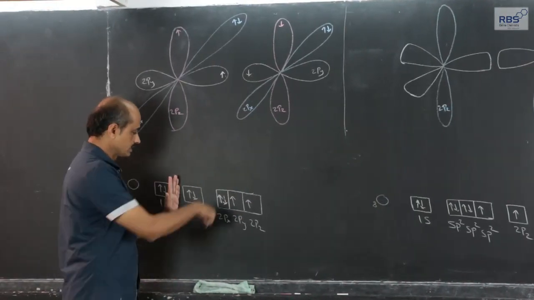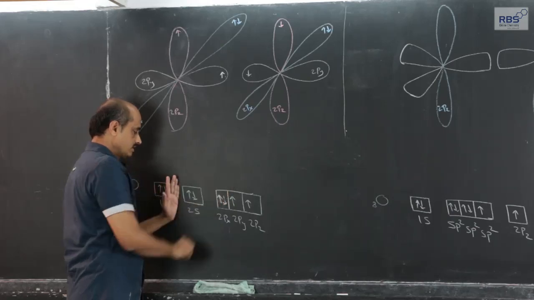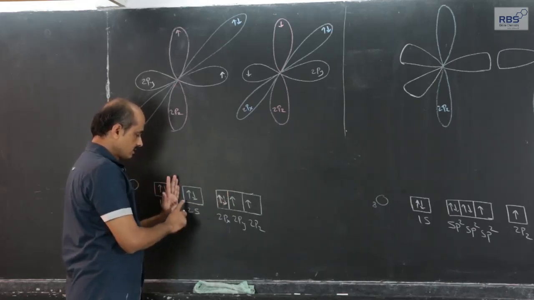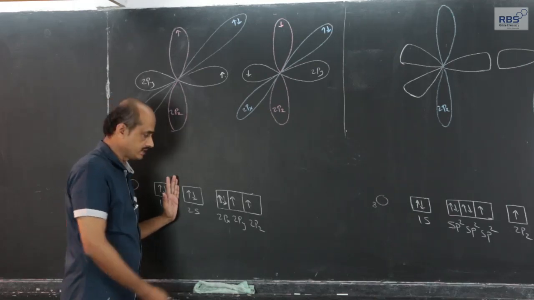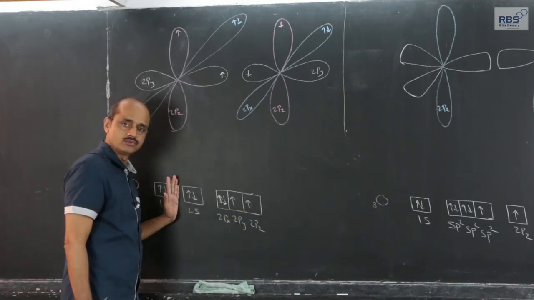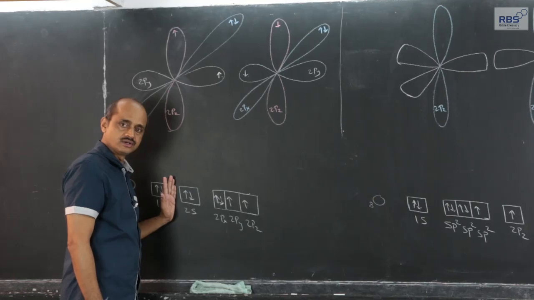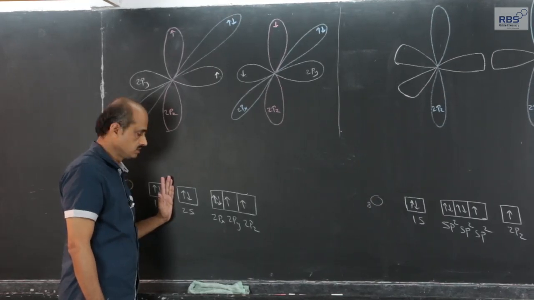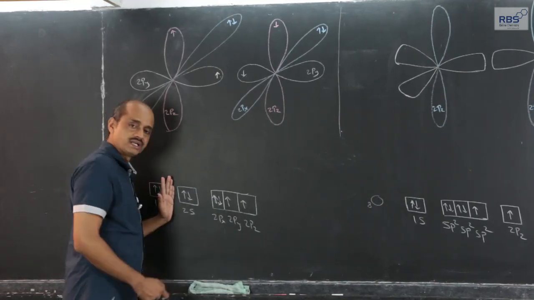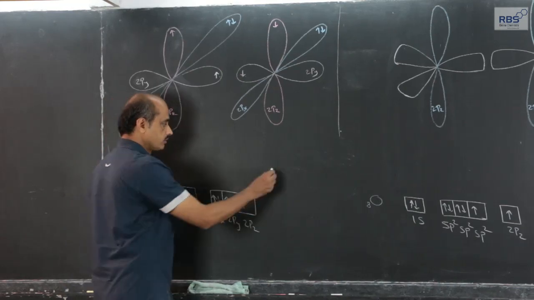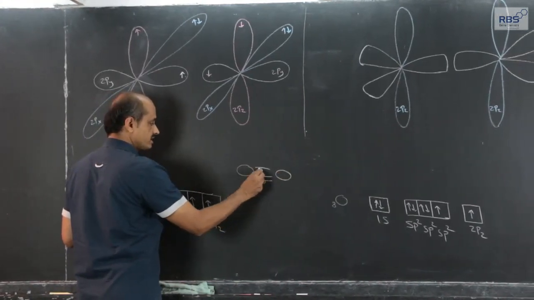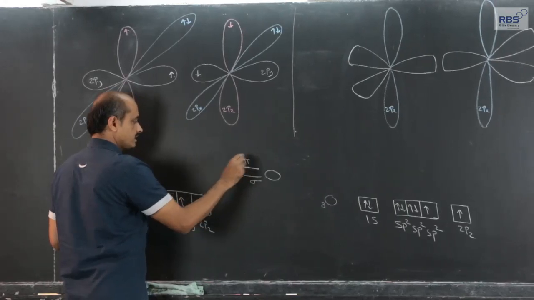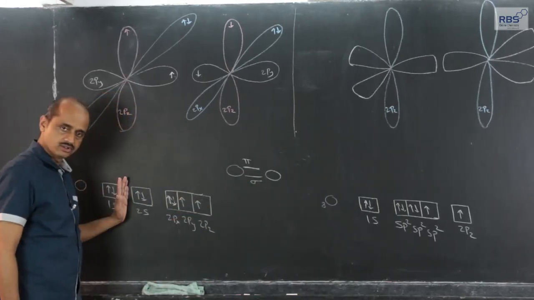So, in the outermost shell, since the last electron is in 2py, the outermost shell is n equal to 2. There are 2 lone pairs and 2 unpaired electrons in the outermost shell of oxygen. The valency of oxygen is 2 and 2 unpaired electrons are present, and in oxygen, as we know, there is a double bond. Therefore, one should be a sigma bond and another one should be a pi bond.